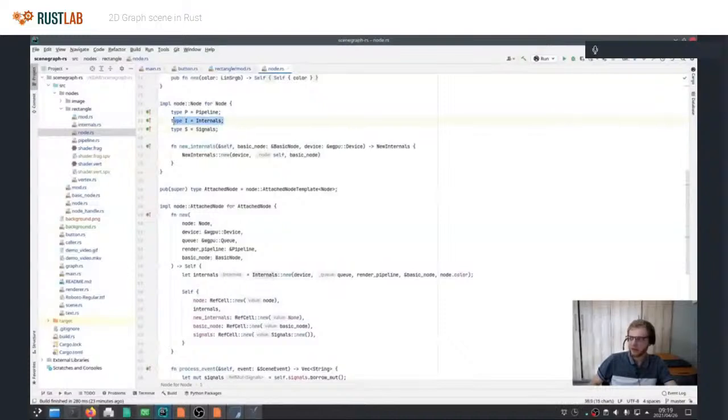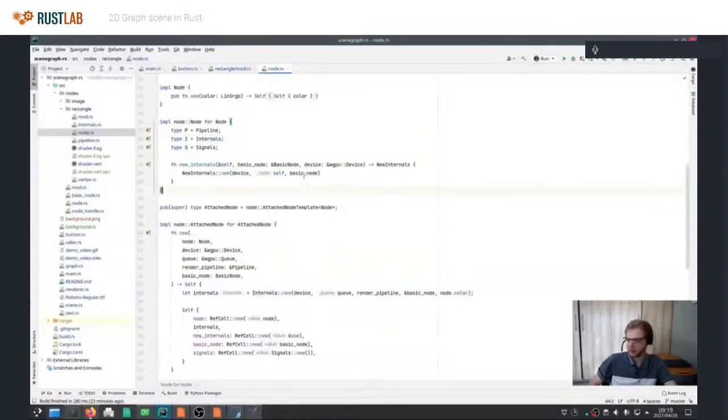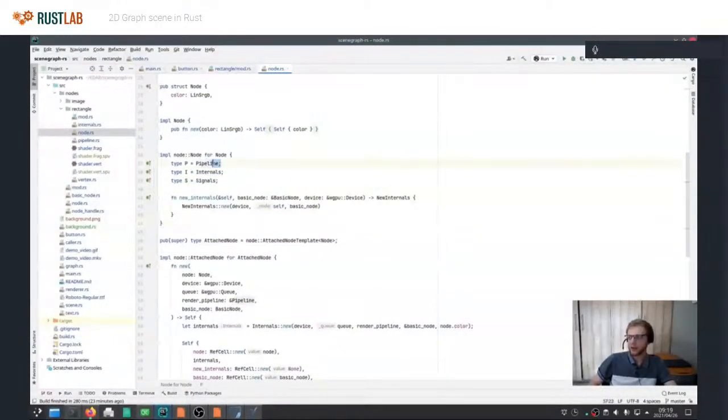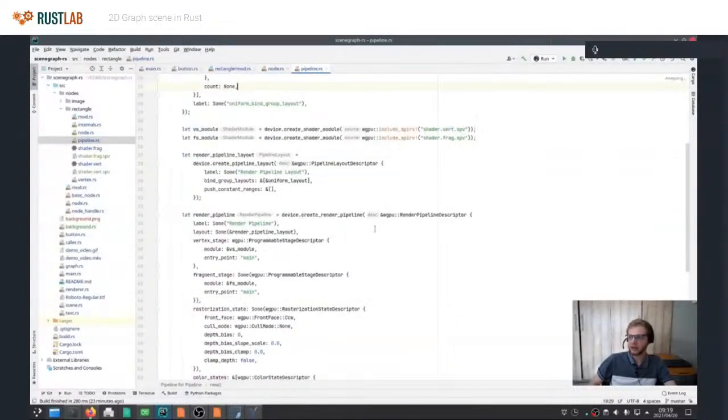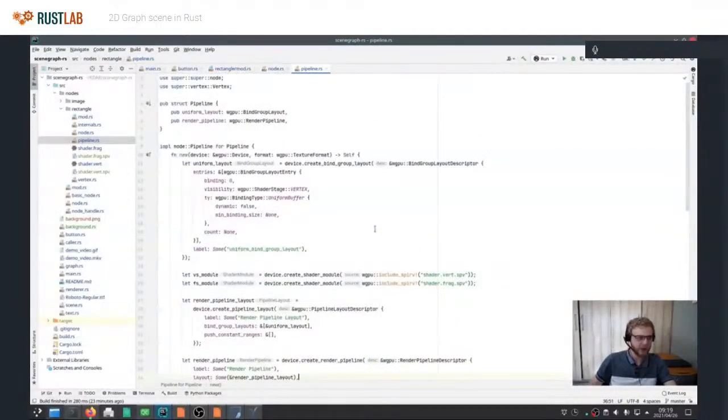As I said, the internals are the GPU primitives you have, like the index buffer, vertex buffer, etc. And then the pipeline is a WebGPU pipeline. The pipeline basically describes to WebGPU how this node is rendered.